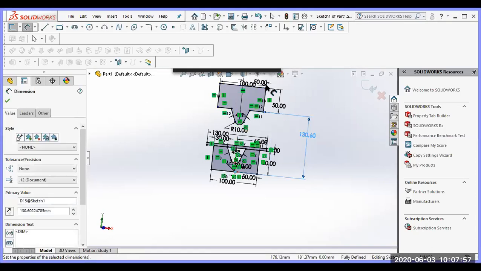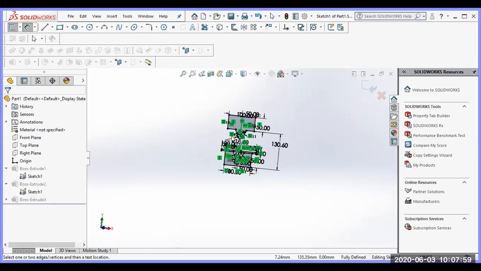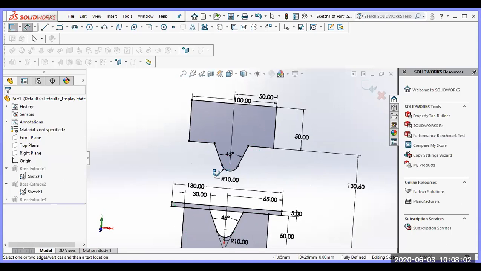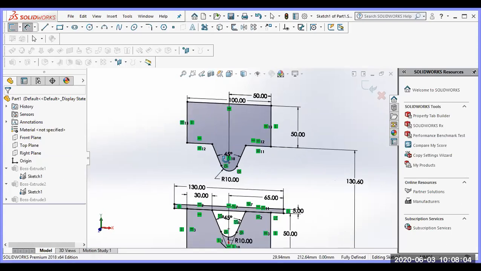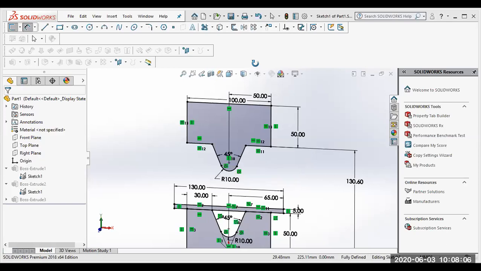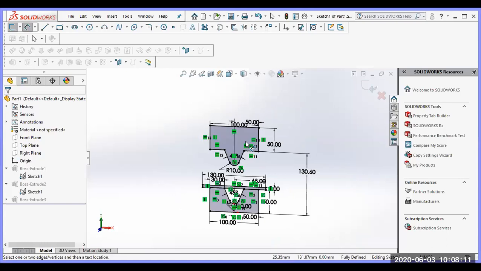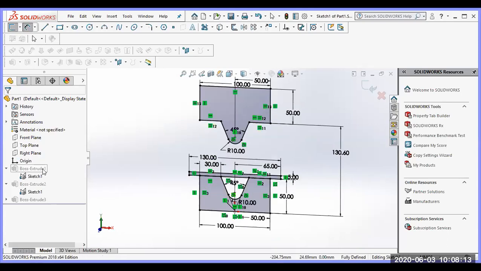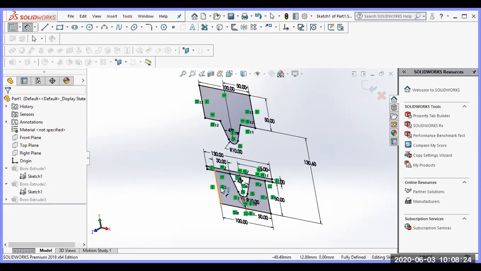Now we can see the dimensions of the punch, die and sheet metal. After the second step in modeling, you extrude each of these separately. See, there are three components, three features: one is the boss base for the die, another boss base is the punch, and another boss base is the sheet metal. After extruding, all three components look like this.